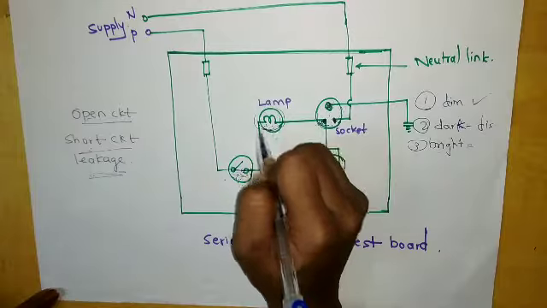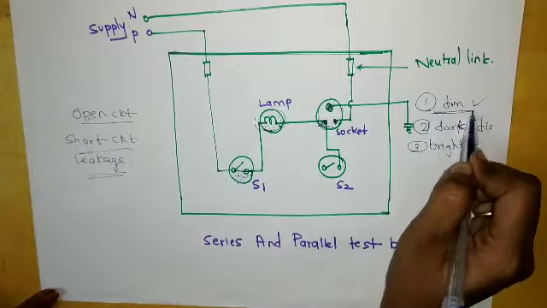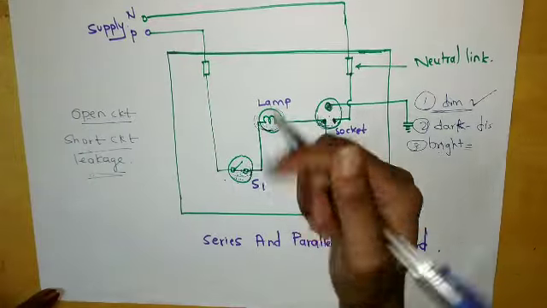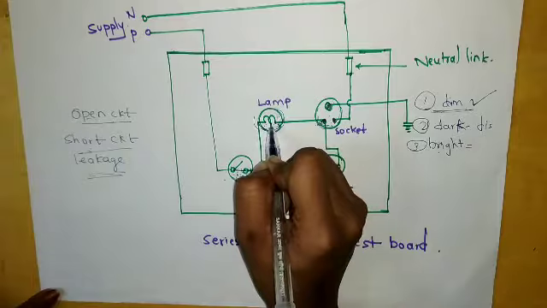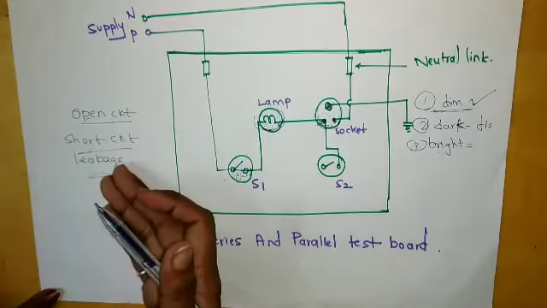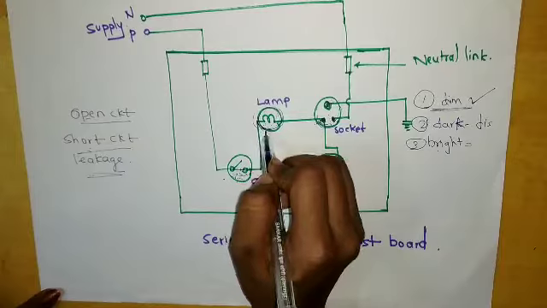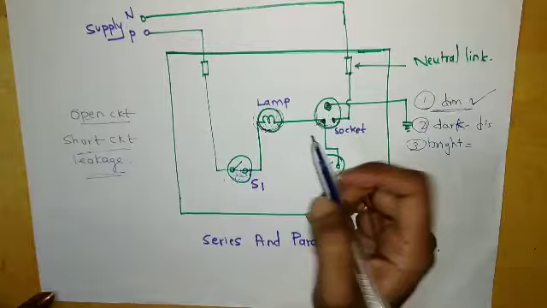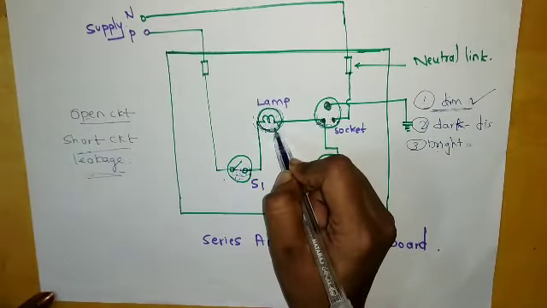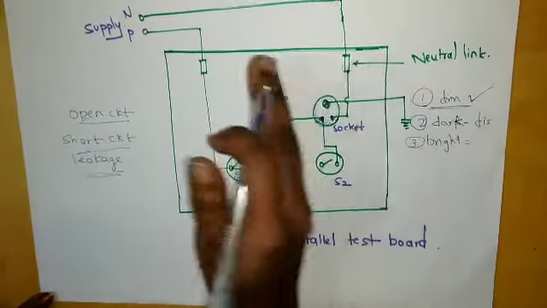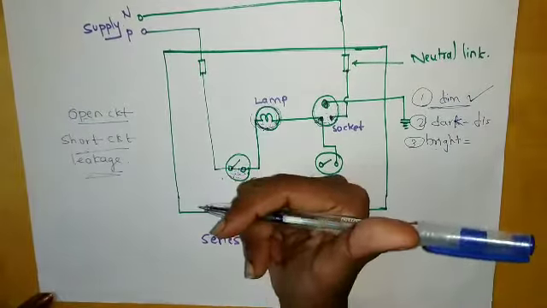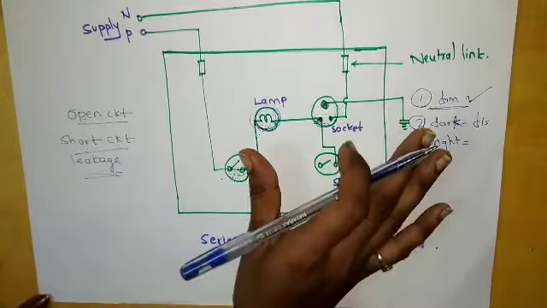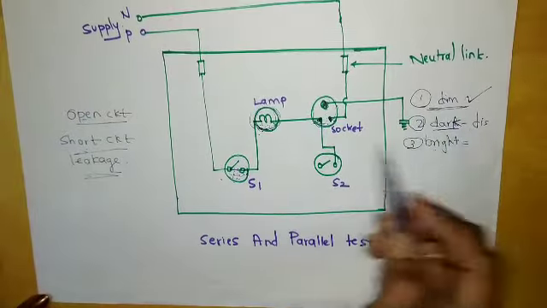Now if the lamp glows dim, that means continuity is okay and there is no fault in our appliance. Depending upon the intensity of the lamp, we can know what the fault is. So if the lamp is dim, our appliance is okay. Why does it shine dim? Because the voltage is getting divided between the appliance and the lamp. Now if the lamp does not shine and is dark, that means there is a fault.